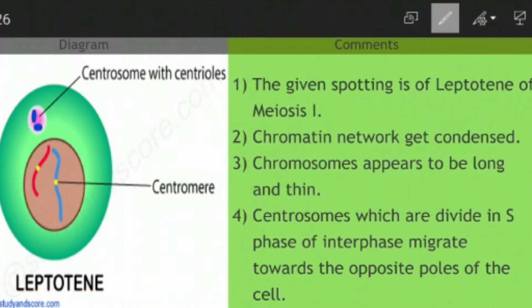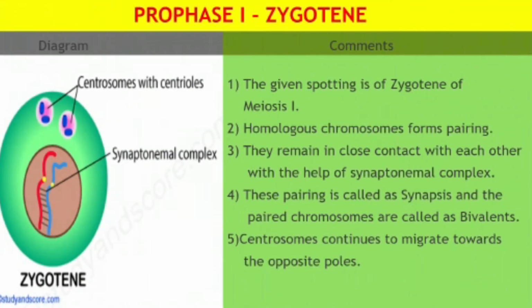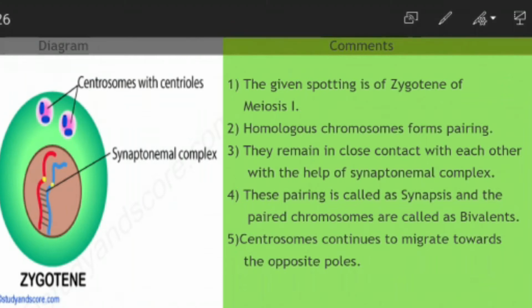Now we'll proceed to another step, that is zygotene of prophase 1. This is the second phase. If this type of diagram is in front of you, and you can see the pairing of homologous chromosomes here, it means this stage is zygotene of meiosis 1. So your first point will be identification. What you will write here: the given spotting is of zygotene of meiosis 1. What is happening over here? What is visible from this chart? The homologous chromosomes,